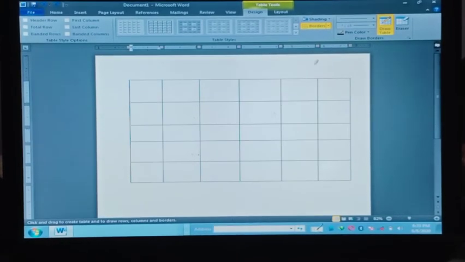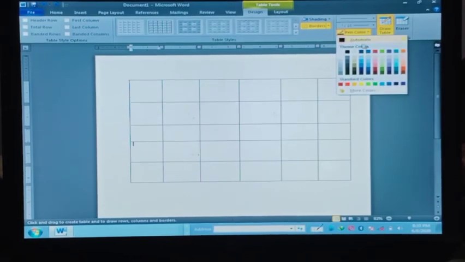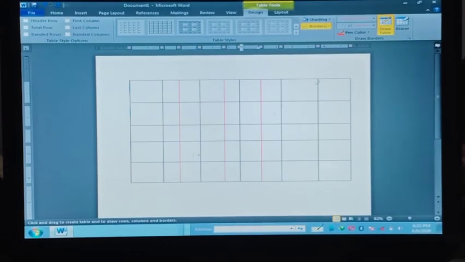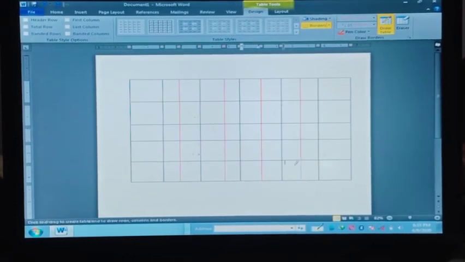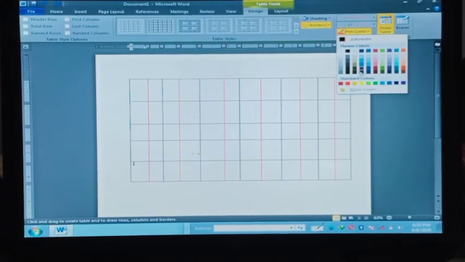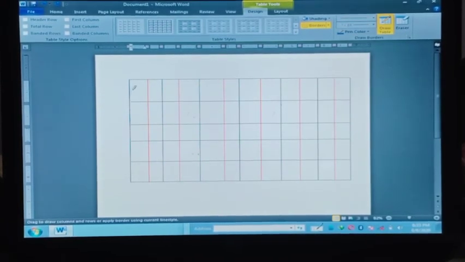You can also change the pen color. It is black in color, so you can go to the pen color option, and here you can choose the red color, and now you can draw with red. You can see red color is coming now. Fine. You can choose any color from the color palette so that it looks attractive and decent. Clear? You can change the color to blue, green, yellow, whatever you want. Let's make a row with blue. Clear? Like that. Fine. So this is the way that we can draw a table.